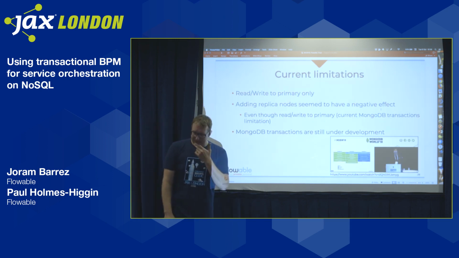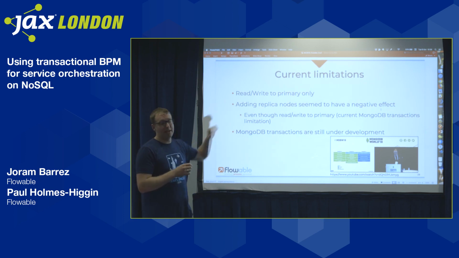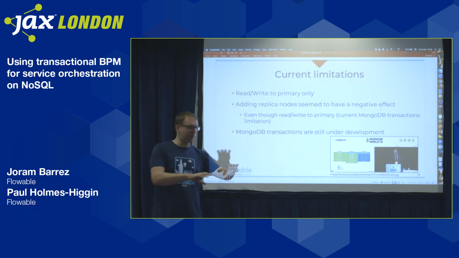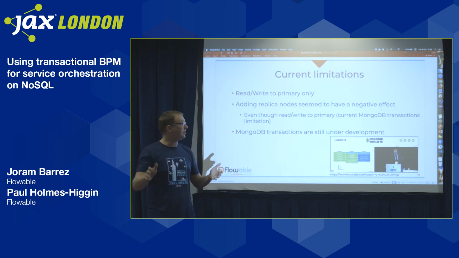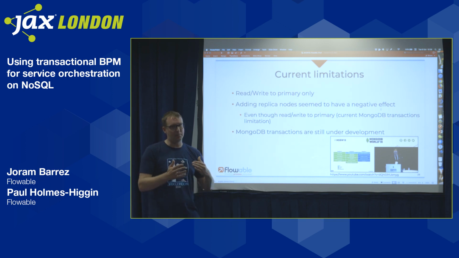Now, there are a few limitations with the current implementation of the MongoDB transaction support. Currently, you can only read and write to the primary. The second limitation is that you can only have transactions on replica sets. So if you want to do transactions, currently they only support reading and writing to the primary, which kind of defeats the purpose of setting up a replica set. But